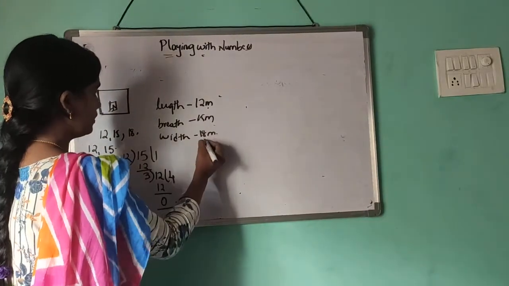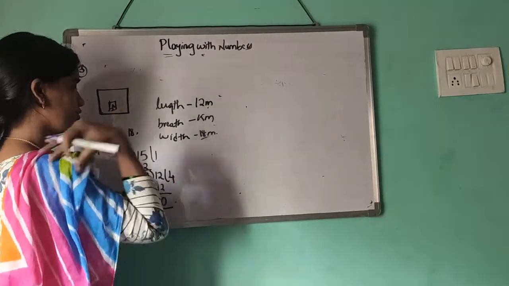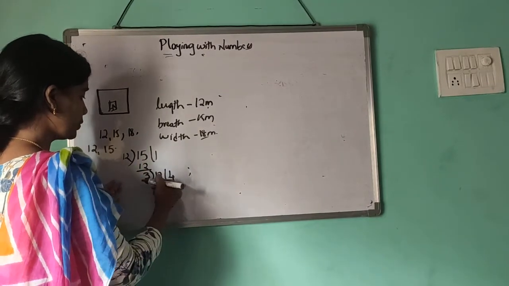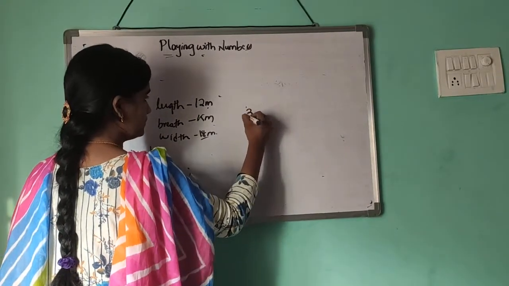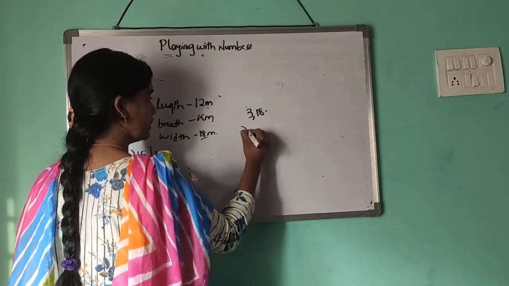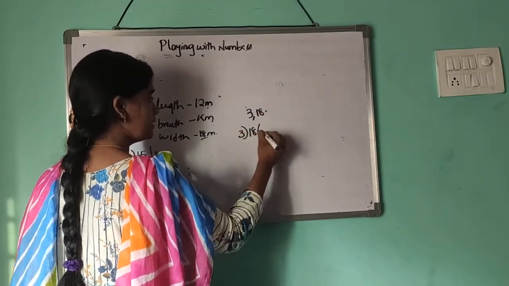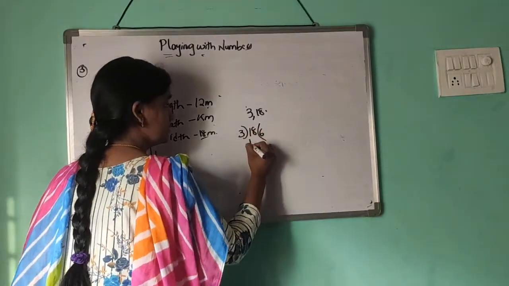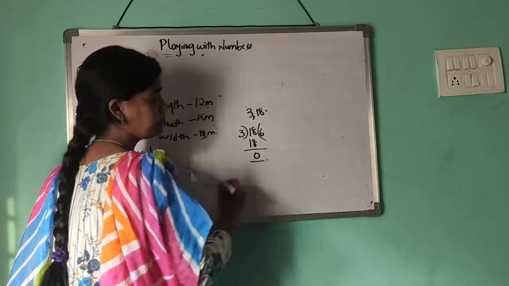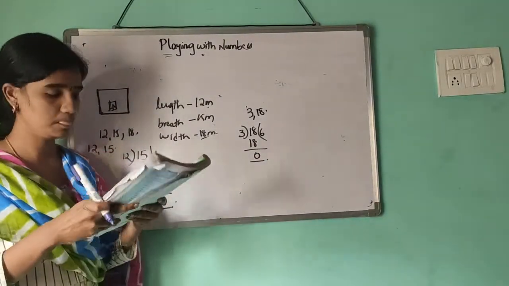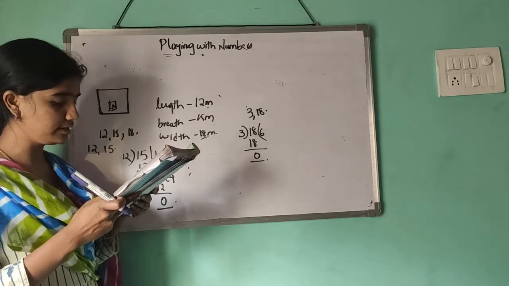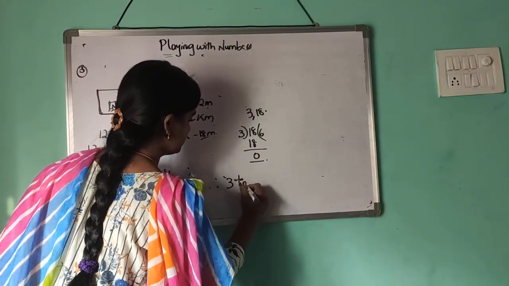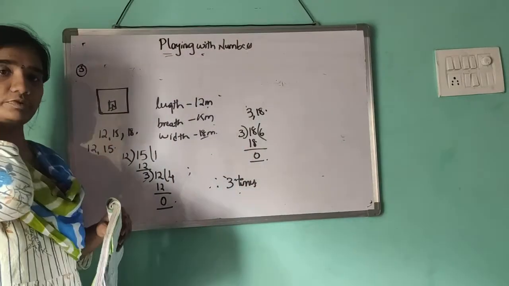In this we have another number, 18. So in the second step, we have to check 18 and 3. The highest number is 18. How many times is 18 divisible by 3? 6 times. 18 divided by 3, remainder equal to 0. So the exact number of times is 3 times. Exact number of times? 3 times.